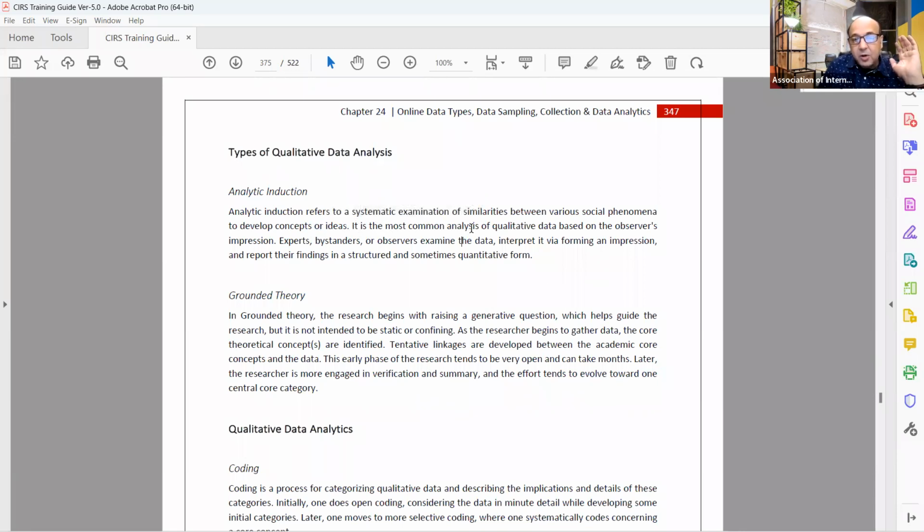For instance, it is the common analysis of qualitative data based on the observer's impression. Experts, bystanders, or observers examine the data, interpret it by forming an impression, and report their findings in structured and sometimes quantitative form. So analytic induction is basically, like I said, the idea that you are looking at one event or observing,